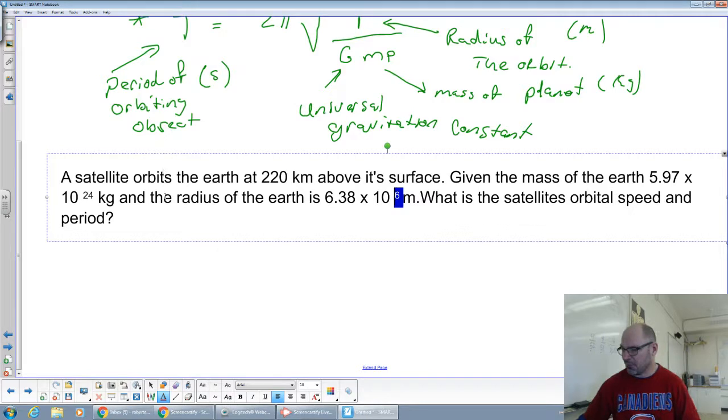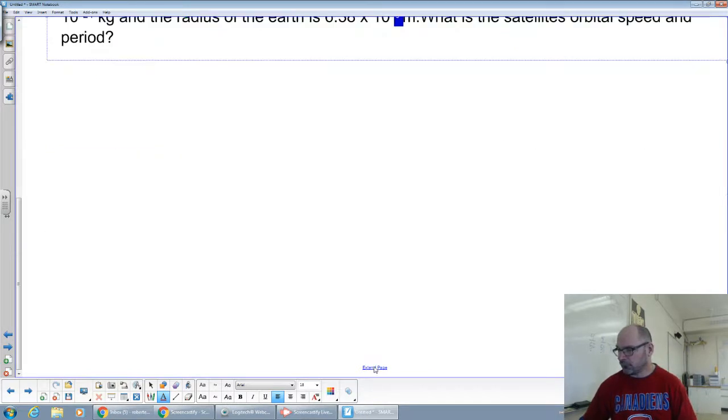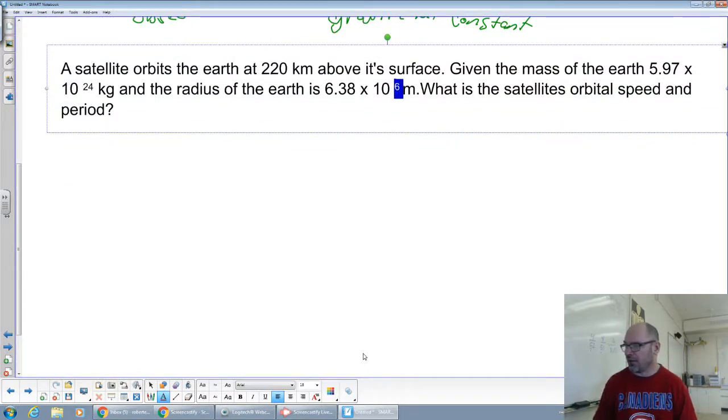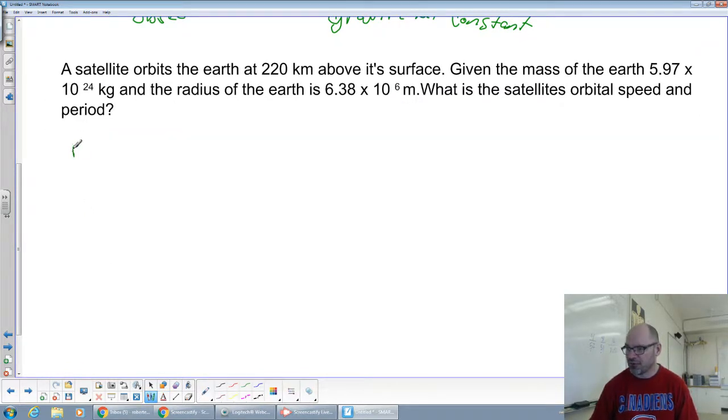Now, if we're thinking about this problem, we have to get the total radius. We don't want just the radius of the Earth. So the radius is going to equal the radius of the Earth plus the height of the satellite. So that's going to end up being the radius of the Earth, 6.38 times 10 to the 6 meters, plus, if we write this in meters,